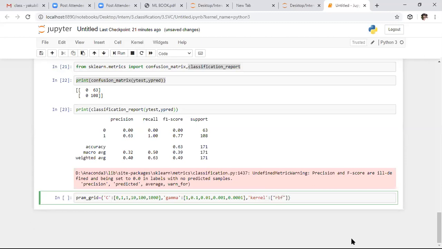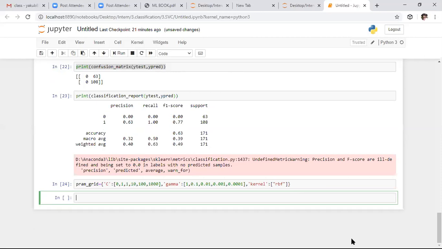After that, I want to apply these parameters to the GridSearchCV algorithm.